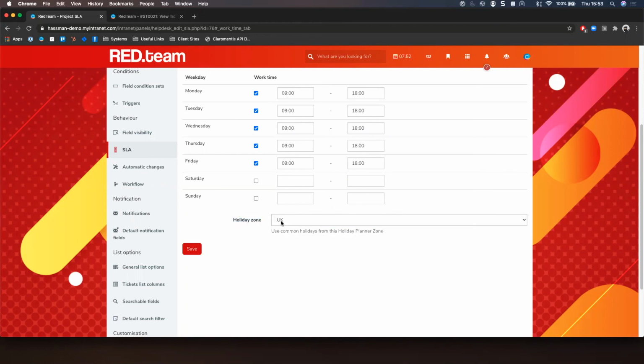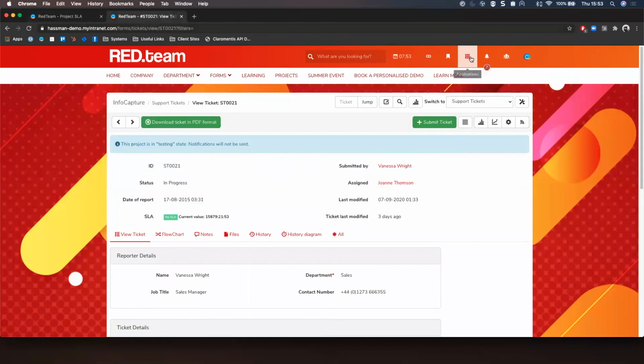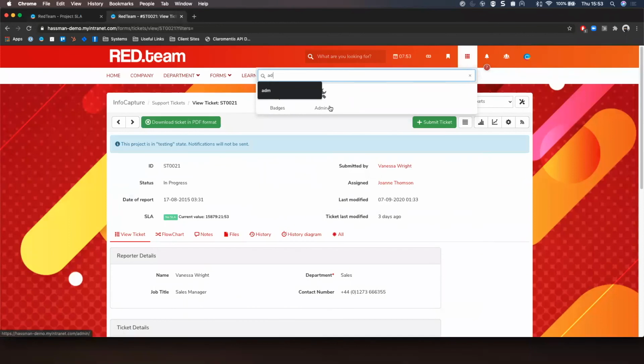And this will mean that if there was a day off, like a public holiday on a Monday, then that Monday specifically, based on what it says on the holiday planner, wouldn't count down either, because it's technically considered a weekend or something like that. So if you had any of that functionality, even if you weren't necessarily using a holiday planner fully, you can still use